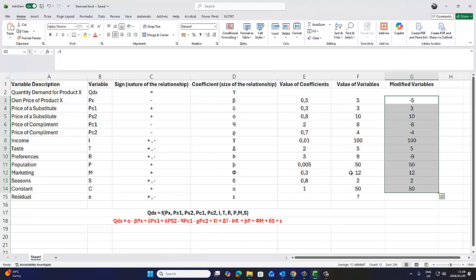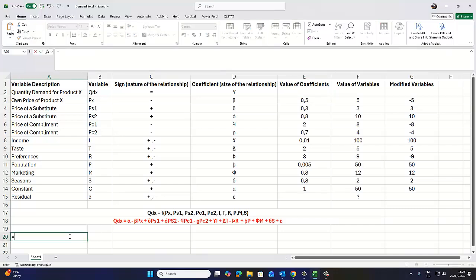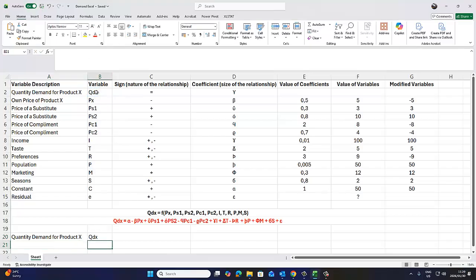Okay, so now we can calculate our y. So let's go y. That is quantity demand for product X, and the value of that is equal to that value